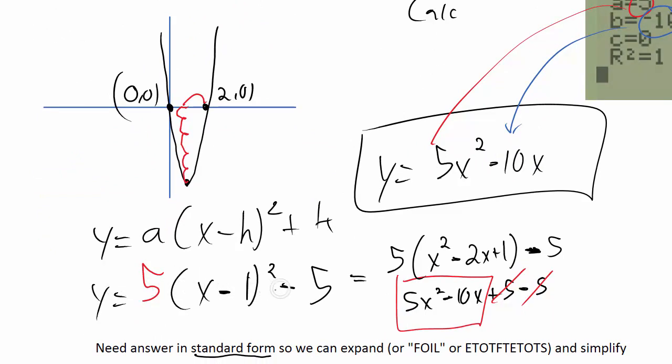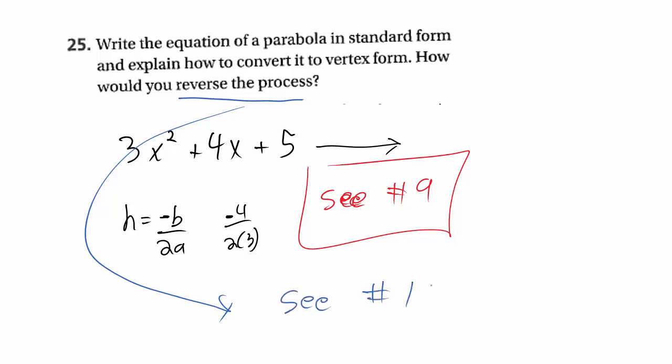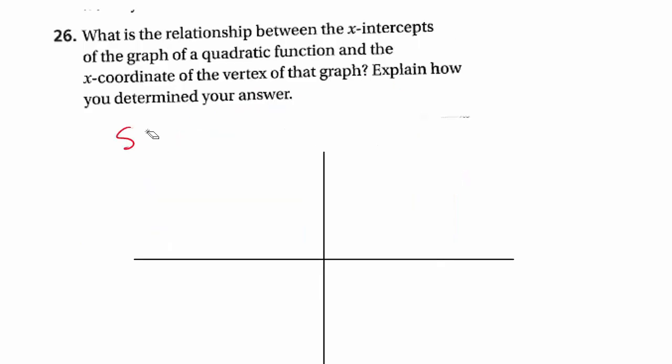For doing it the other way around, if you look at number 18, when I expanded this vertex form equation and distributed the 5 and simplified, that's how to get something from vertex form back into standard form. So you can just re-look at number 18 to see how to do that one. For 26,